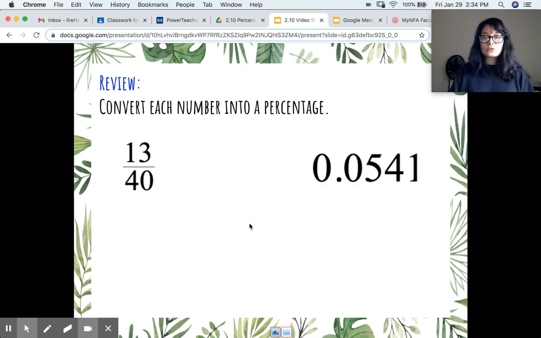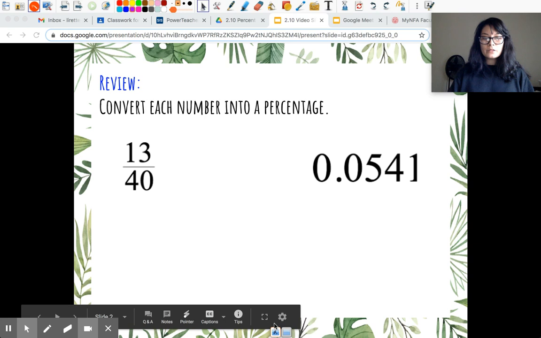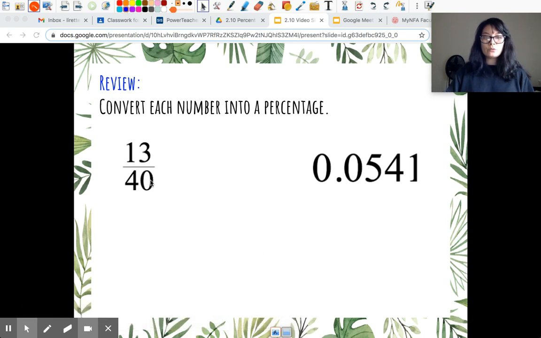We've got a fraction, 13 over 40. There's a couple different ways that you can represent this as a percent. You can set up a proportion where you've got some variable over 100 and then solve for what that percentage would be. Or what you could do is make this into a decimal, because we're going to have to convert this decimal anyways. You can make this into a decimal and convert it the same way that we're going to do over here. So to make 13 over 40 a decimal, I simply divide 13 by 40,